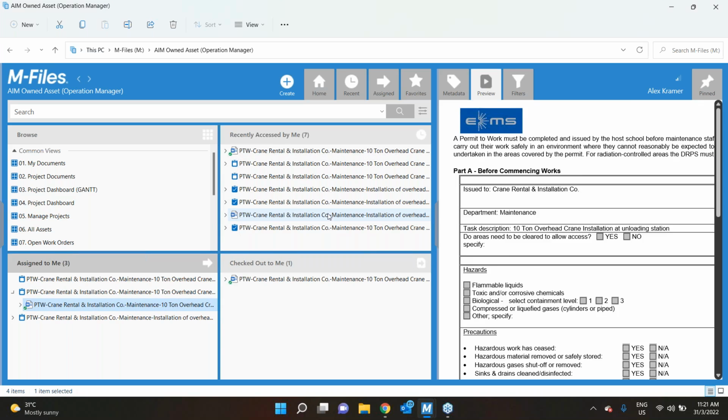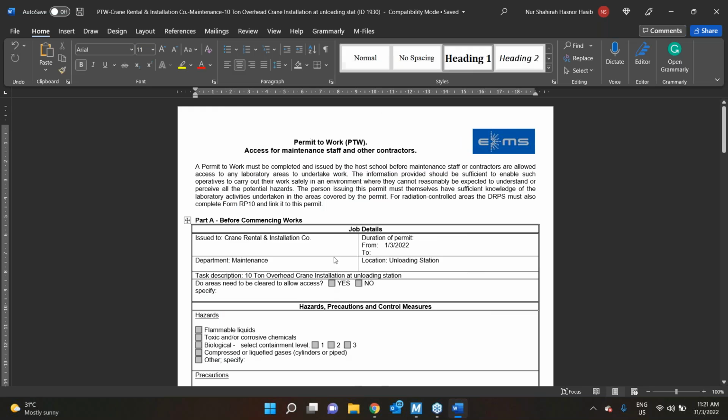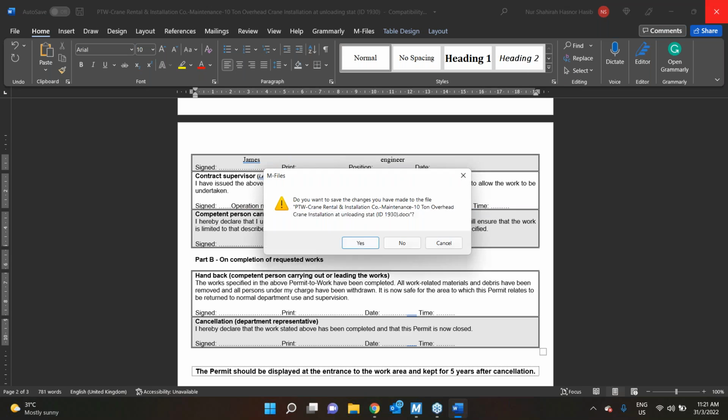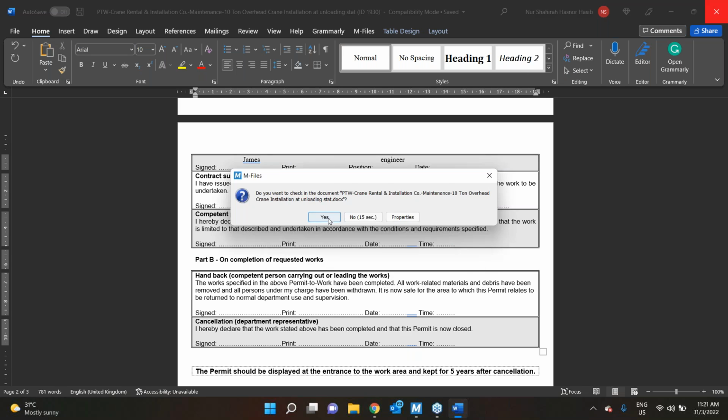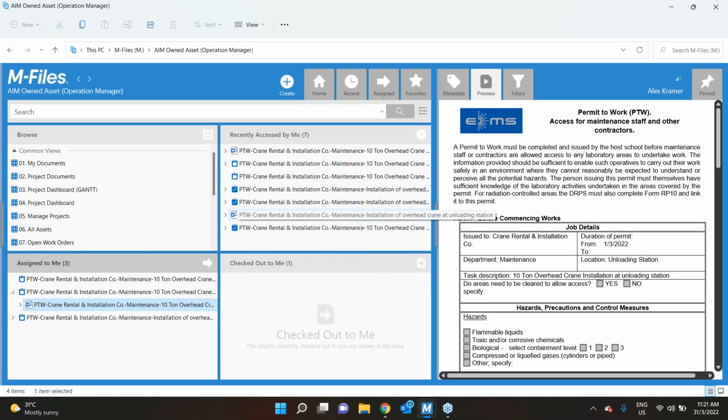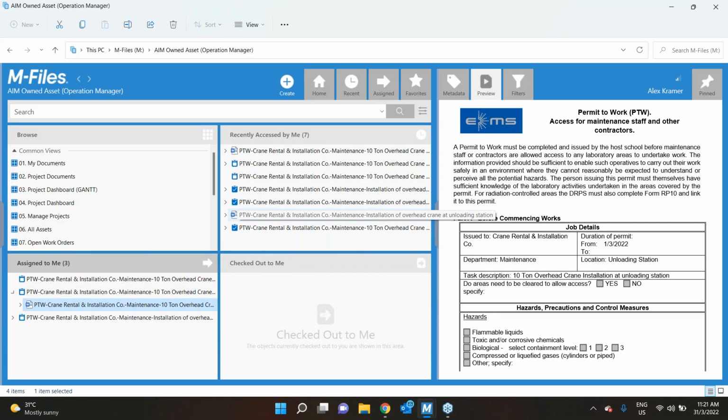So I'm going to check out this permit to work, edit some information in this document, and save and check in back to Mfile. Once you have checked in the document, it means that you have allowed other users to view and edit the document.